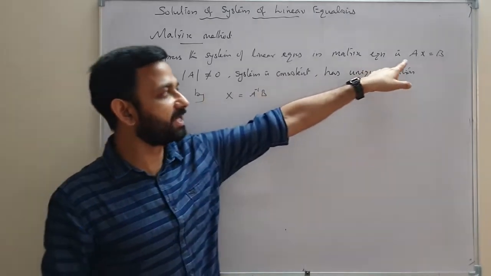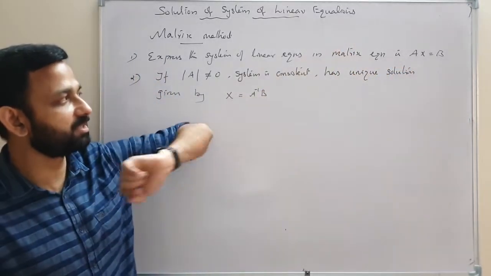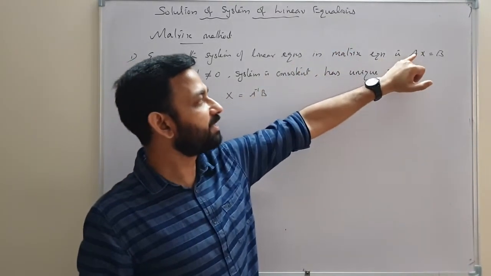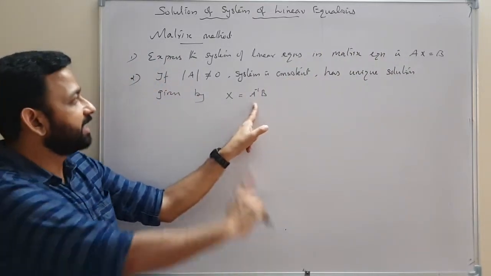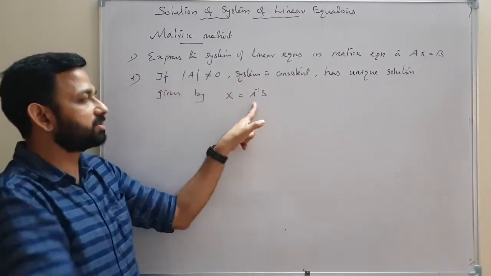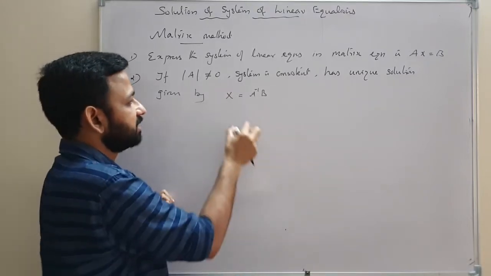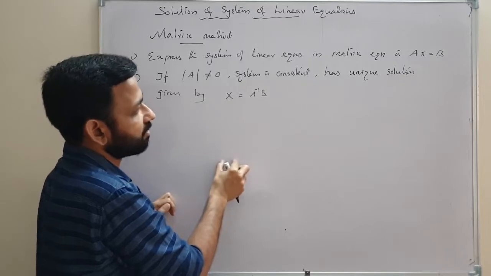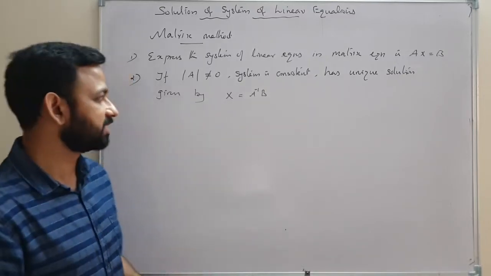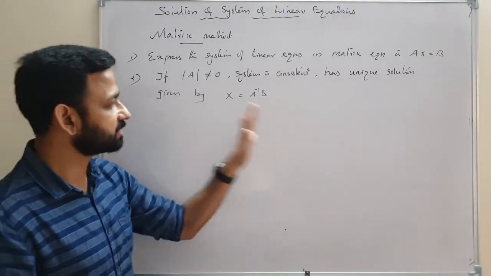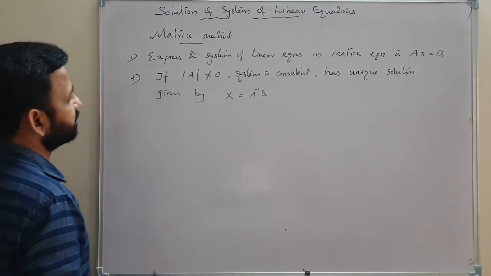So when we write in matrix form, we will get A, B and X, three matrices. Then we can find the inverse of A, that is A inverse, adjoint A divided by determinant A, because here determinant A not equal to 0. Then that matrix into B, we will get a column matrix, and the left side is already the column matrix X, Y, Z. Then we can equate the corresponding elements, and we will get the values of X, Y and Z. So it is given by X is equal to A inverse B.